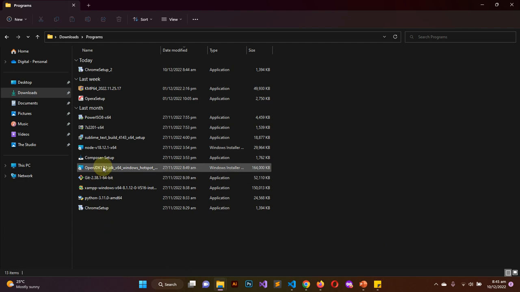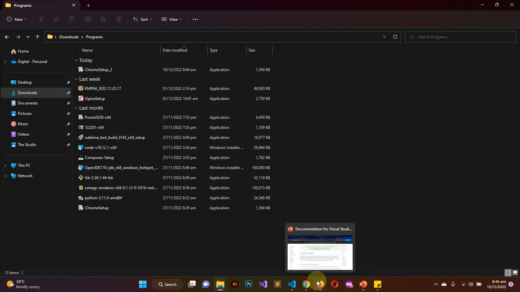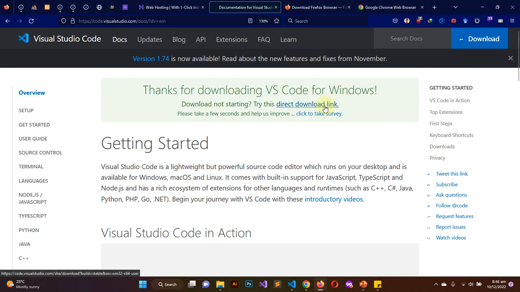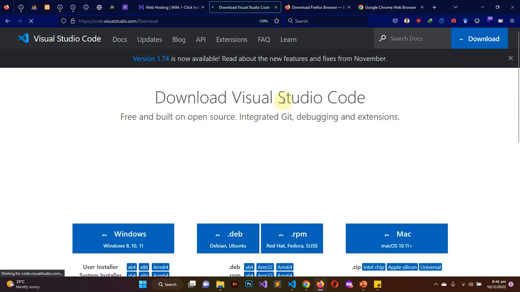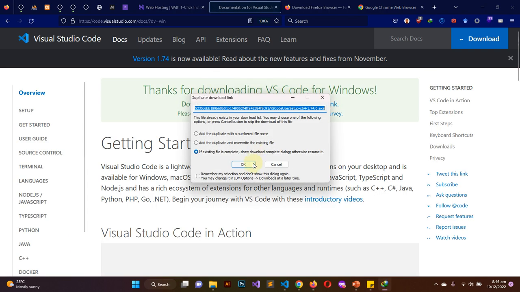VS Code. Alright, so I think that I've deleted it, but then why would it be giving me that message? Let me click on download once again and hit on this one, and then let me just go ahead and say that